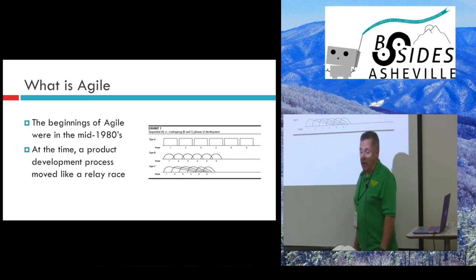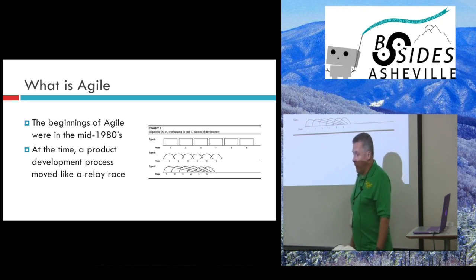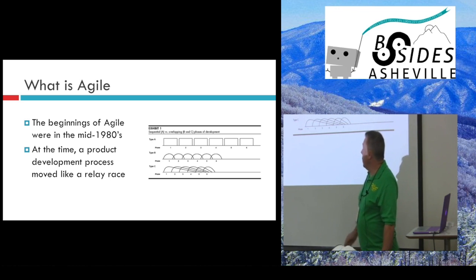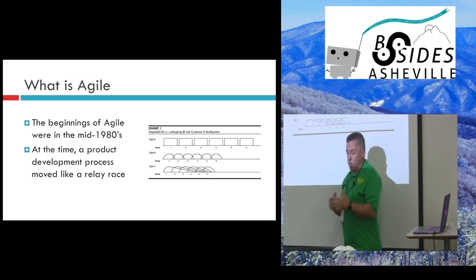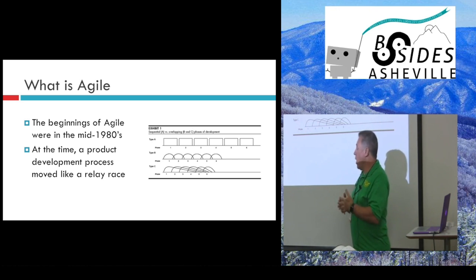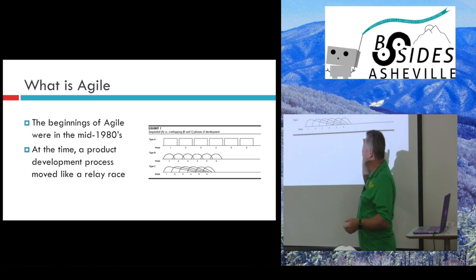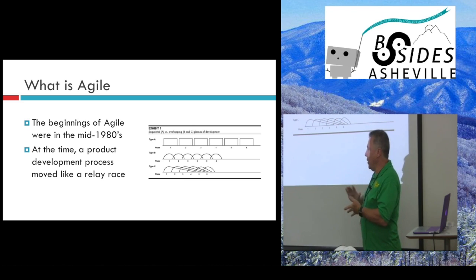Prior to that, development really looked like a relay race. Your product team would come up with an idea. And then they would pass it to the design team, who would come up with a design, who would pass it to the development team, who would actually start developing it. And then that would go to the testing team, and that could be just functional and load testing. And then they would pass it off to the security testing team. So you had all these gates where things were checked along the way.